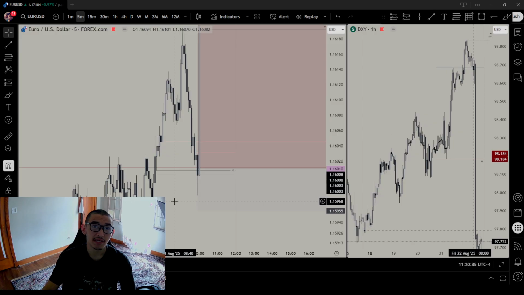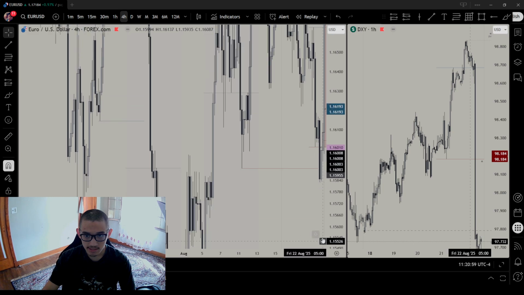You need a fair value gap that's not filled because this will have liquidity resting, right? You have a liquidity pool resting where the market would tap, orders will get filled, and it goes up higher from there. But if the fair value gap already got tapped beforehand, the orders are already out. The orders already got filled, so it's no longer valid. Same on the higher time frame.